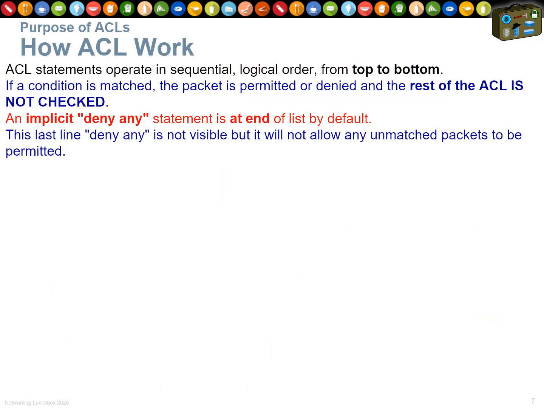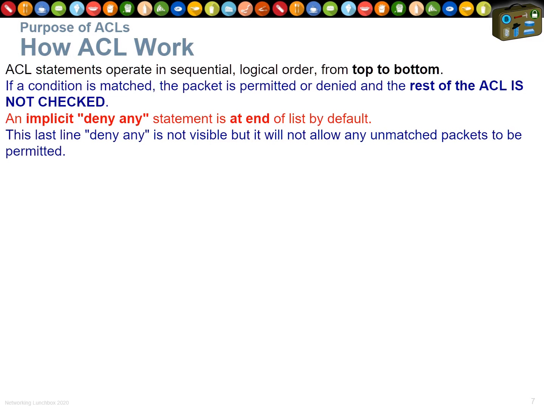So let's have a look at the way an access list actually works. Just a bit of a caveat with access lists too. If you set up a whole bunch of rules and policies and none of those are matched, at the very end of your access list is a deny statement. So anything that isn't matched goes all the way to the end, and then that traffic is automatically denied. It's just as if at the end of every access list you have